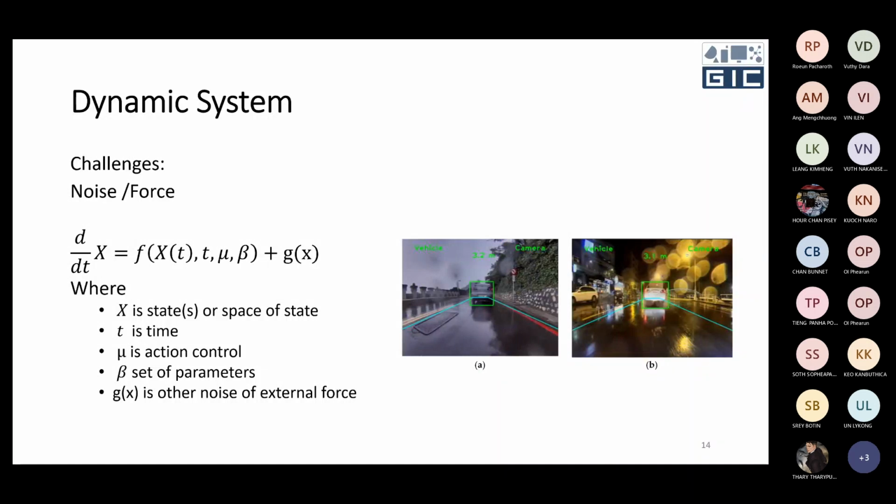As you see, our system can be formulated by f functions, and the properties inside are the state, time, the action control of the system, and some parameters to make our system work. But in this case, plus g(x). Please do not confuse it: g is the measuring function. g is the other function.